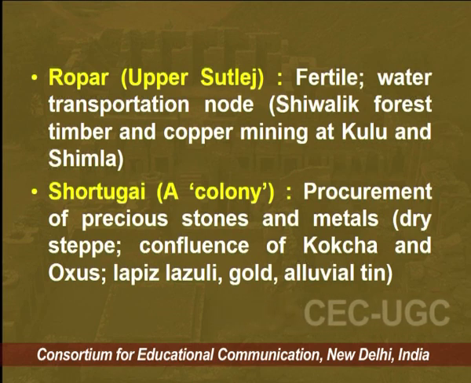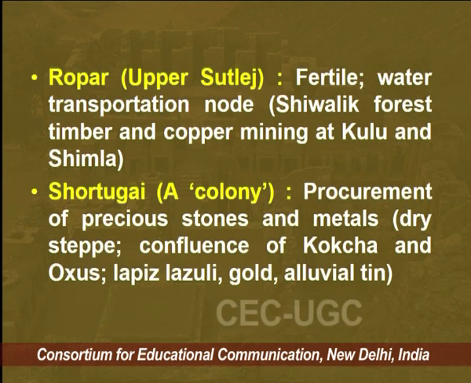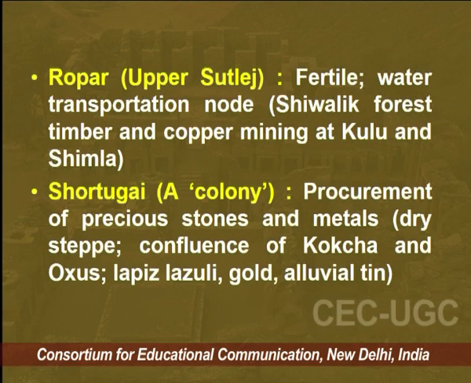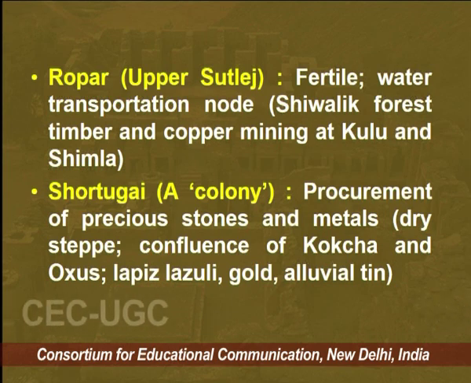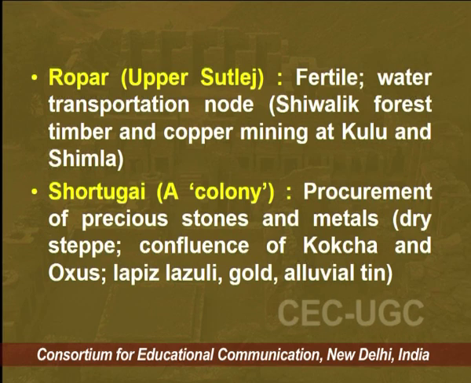So, we also have Ropar. This is located in the upper Satluj area. Overall, very fertile area, and it's also very important from water transportation point of view. So, riverine transportation is what we are talking about, and as we all know that water is the cheapest source of or